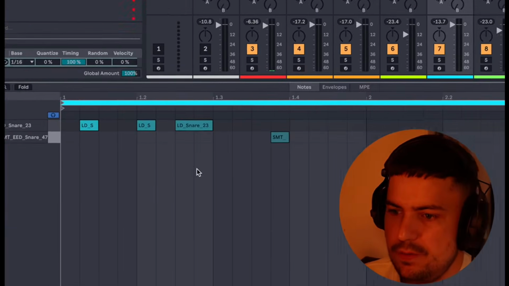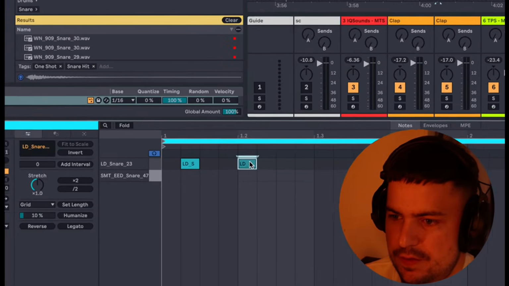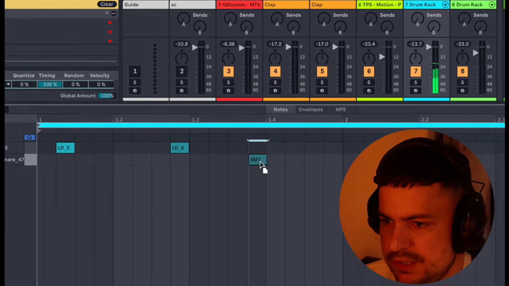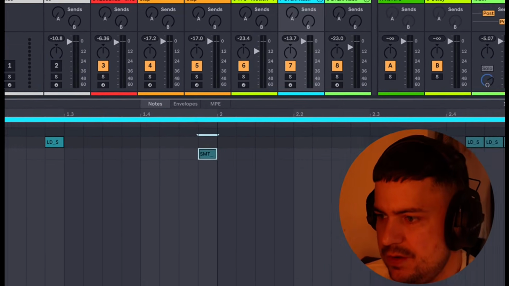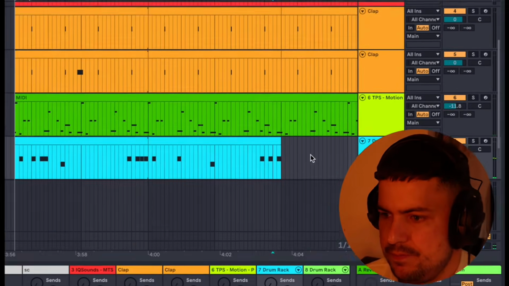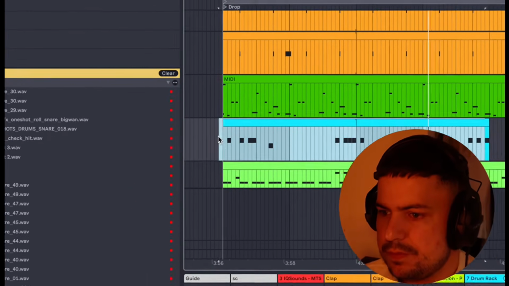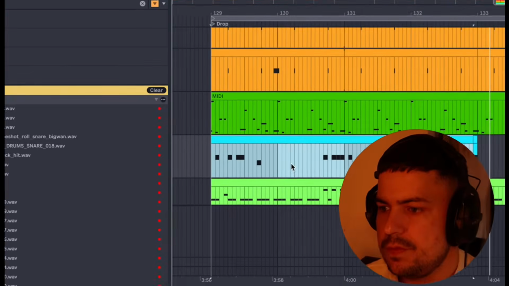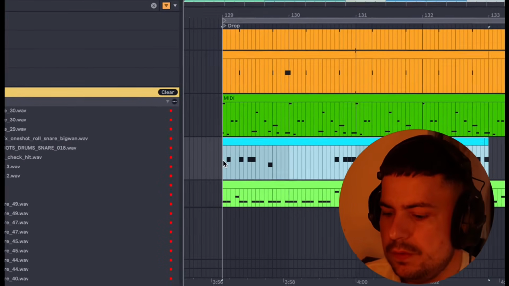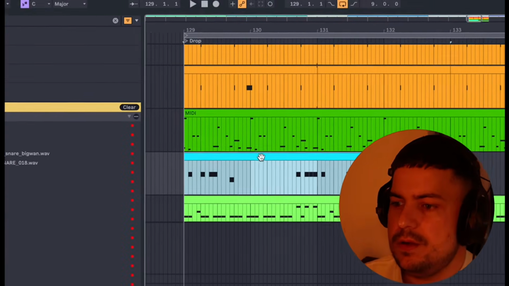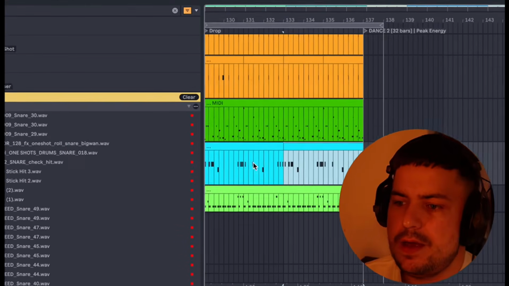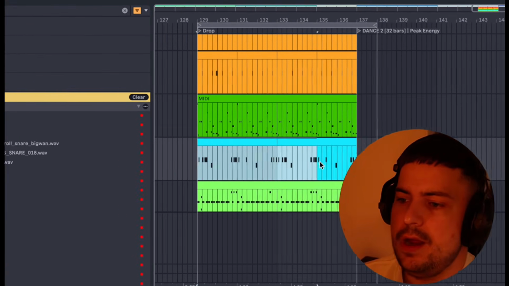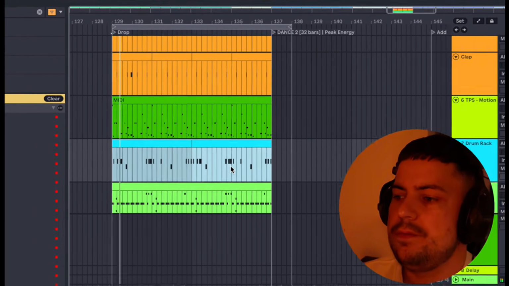And then we don't want this one to be as present, so we just do a little bit of variation. That's quite cool. It's kind of like a bit garagey and a little bit like shungy. Right, so